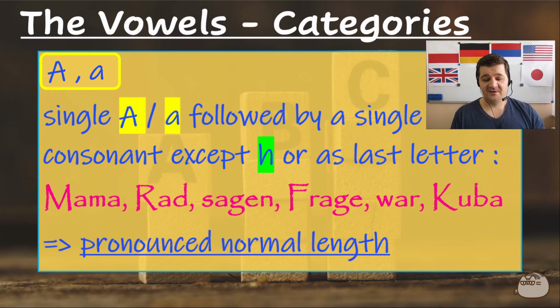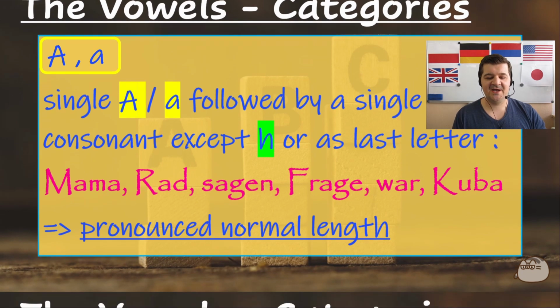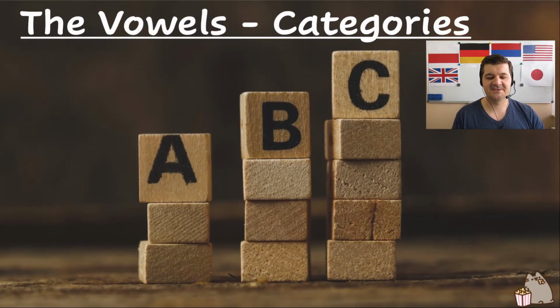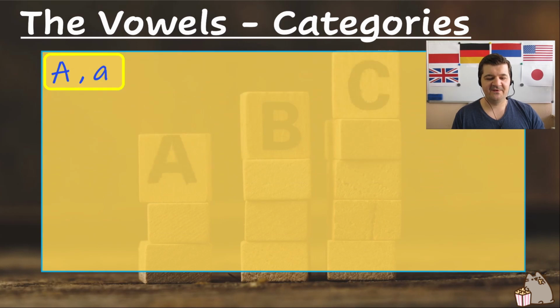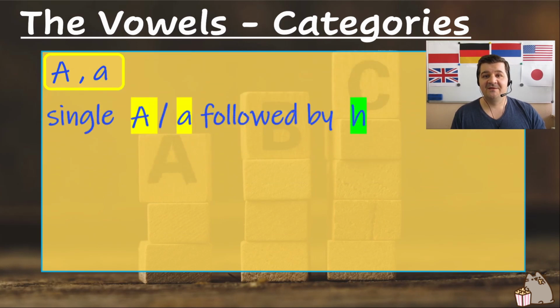As you can hear actually, those A sounds are pronounced in a more or less normal way. They are not too long, not too short, and that's how it goes for the first category. If we go for the next slide, for the next category that there is, we will have exactly that Ha that is following